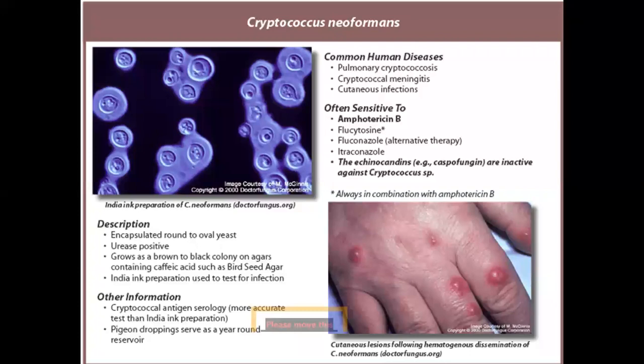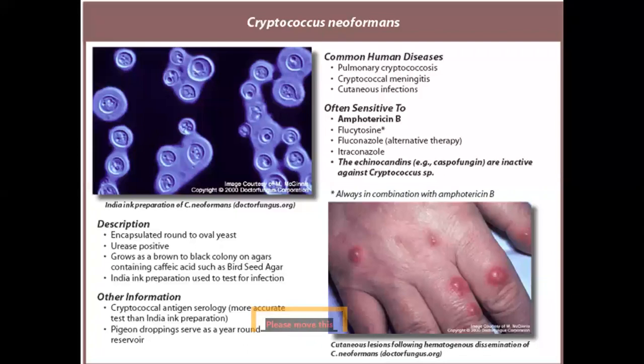These are important for you. Candida, you are going to see in immunocompromised patients mostly, and same way, Cryptococcus neoformans, you are going to see again in immunocompromised patients. It can produce skin infections, it can produce respiratory tract infection, but most importantly, it produces